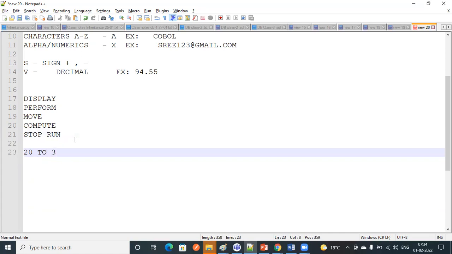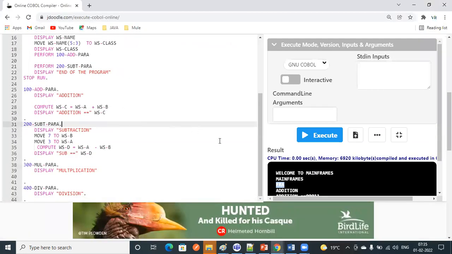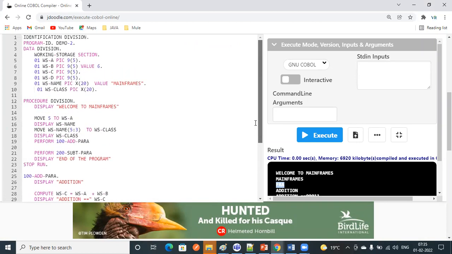If you know 30 keywords, and we have already seen 5, then you can easily understand what is happening in a COBOL program. By seeing the program itself, it's like basic English language only. That's what I'm saying from the starting day itself: by seeing the names itself, we can understand.